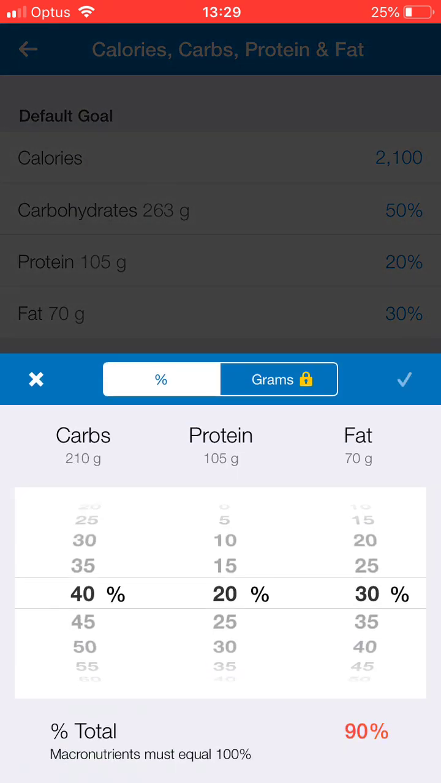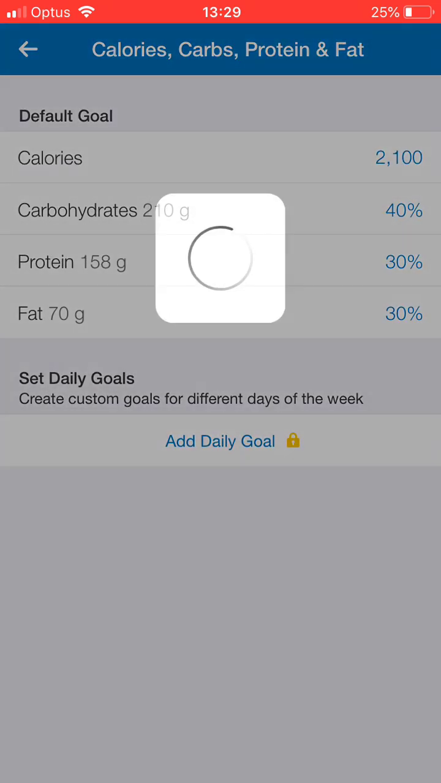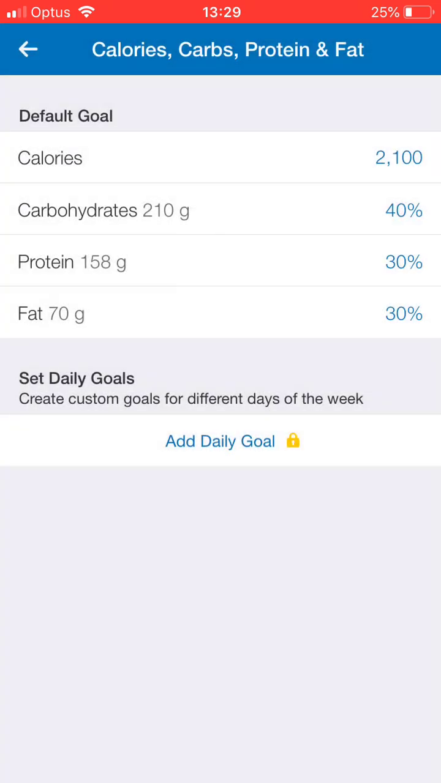We're going to reduce that to 40. We're going to increase our protein to 30% and our fat to 30%. So we should have a 40-30-30 split for our carbs, our protein, and our fat. You'll also notice beside the carbohydrate, protein, and fat, you have a gram amount. That's your target for the day. So all of that is then within your